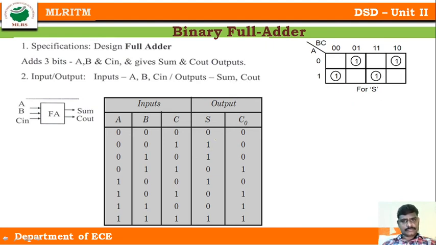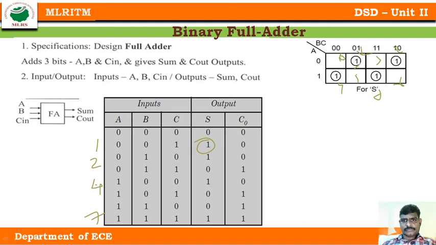Wherever you have 1, it is there for 1, 2, 4 and 7. So like 0, 1, 2, 3, 4, 5, 6, 7. As I said, the K-map is very important, so that will be used here for minimization of your combinational circuit. Wherever you have 1, these are marked here, right?